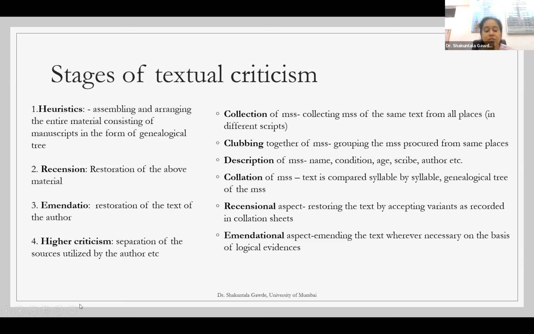So as I mentioned, in the critical edition of Mahabharata and Ramayana, they have given a detailed explanation of how they abandoned particular editions, how they accepted others, etc. Then you have to describe the name of that particular manuscript, whether it pertains to one section or is the entire text. For example, if it is a manuscript of Ramayana, whether it is a manuscript of only Balakanda, the Uttarakanda, or all the kandas are there.